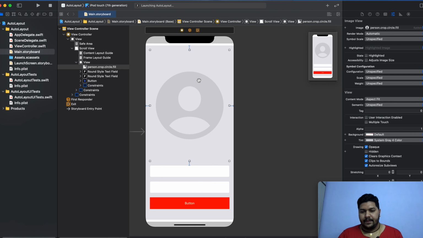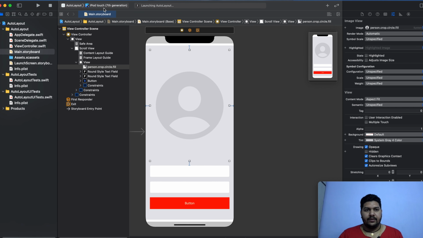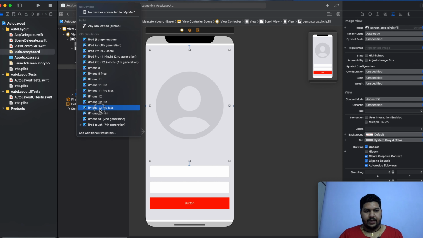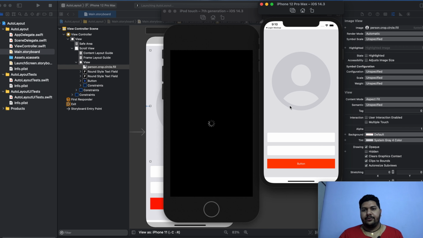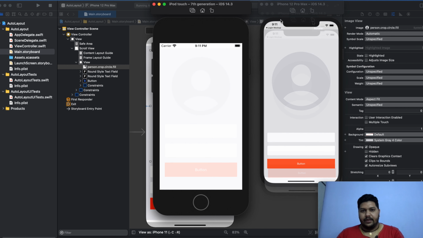Okay, basically this is the basic version. So here it's running for the 7th generation. I already have the iPhone Pro Max here, you can see. Okay, so on the basis of screen size it will adjust automatically.